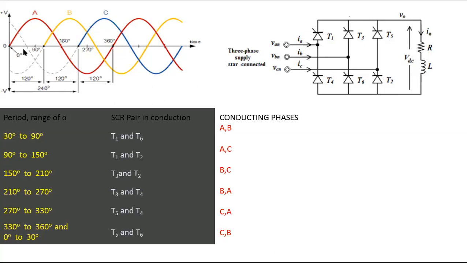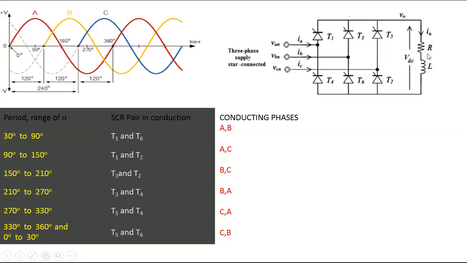But which waveform is occupying maximum space is the question. From 30 to 90, below the x-axis, waveform B is maximum here. It is occupying maximum space, and its energy value, of course, is in the opposite direction, but it has maximum energy. So from 30 to 90 degrees, waveform B is occupying maximum space. Therefore, B is made more negative than A and C. Therefore, direction of the current flows through B.